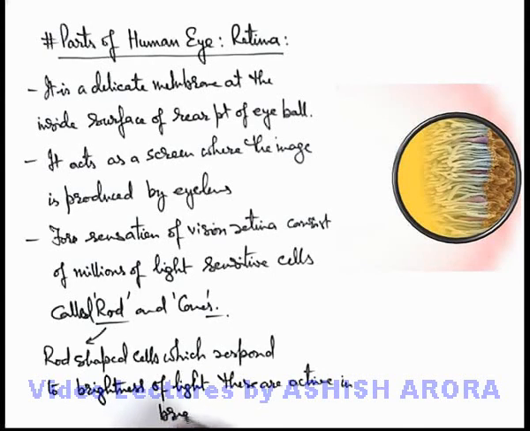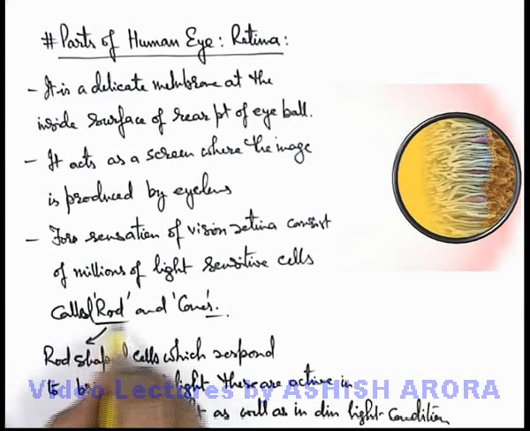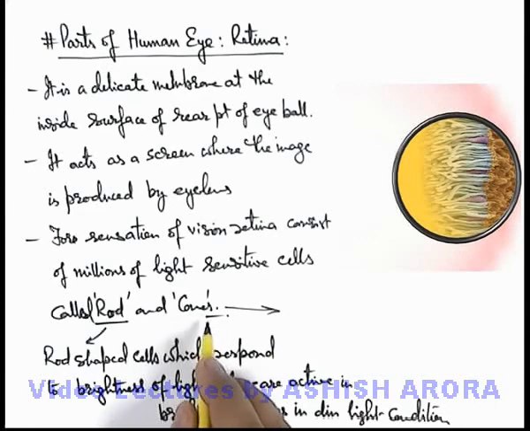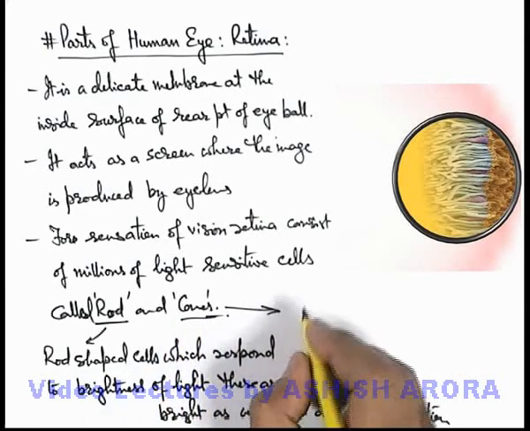in bright as well as in dim light conditions, because our eye senses that the light conditions are bright or dim because of these cells, which sense the brightness or intensity of light. When we talk about cone-shaped cells, or which are called cones, we can write these are